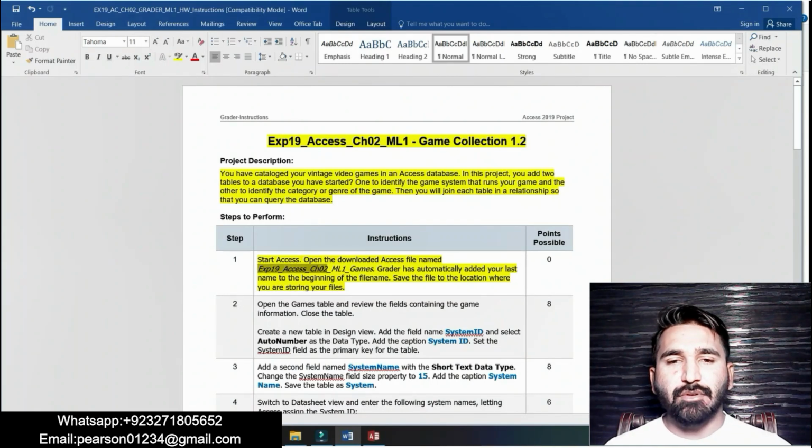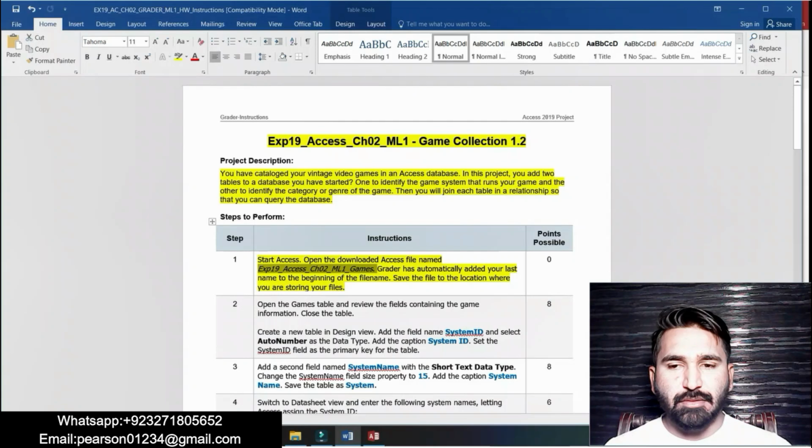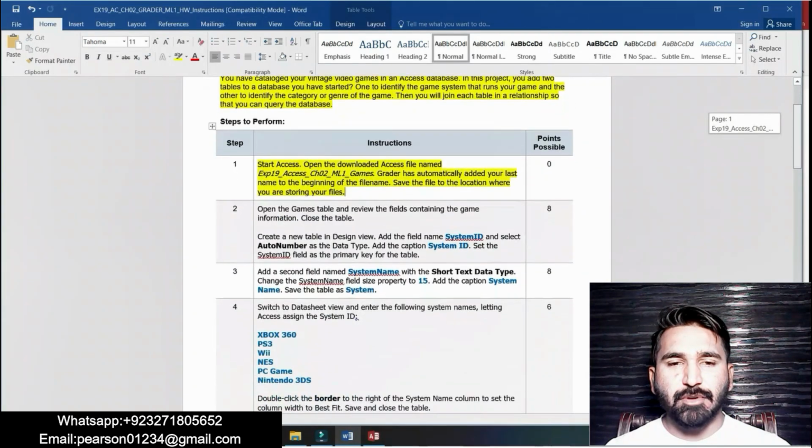Basically, in this step we will have to download the assess file from the IT Lab dashboard. I have already downloaded the assess file from the IT Lab dashboard. You can download your assess from your IT Lab dashboard. You can see I have already downloaded it. I have done the first step. Now moving on to step number 2.